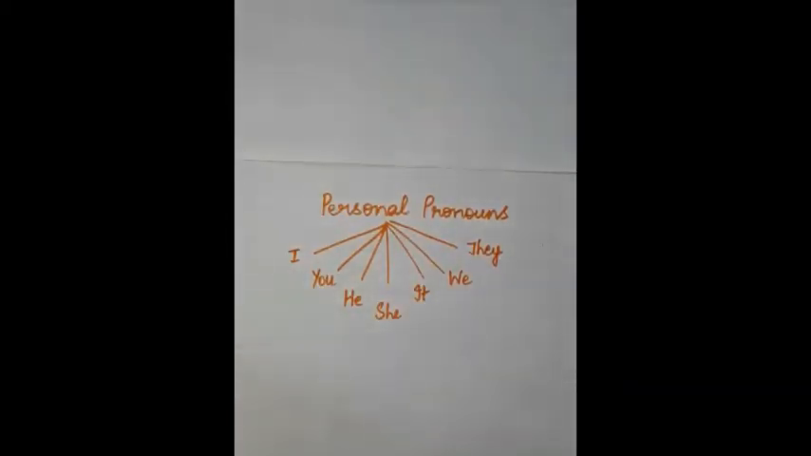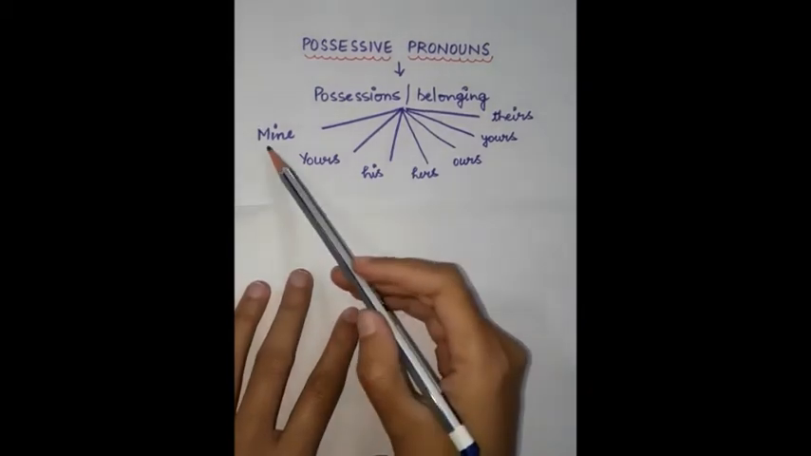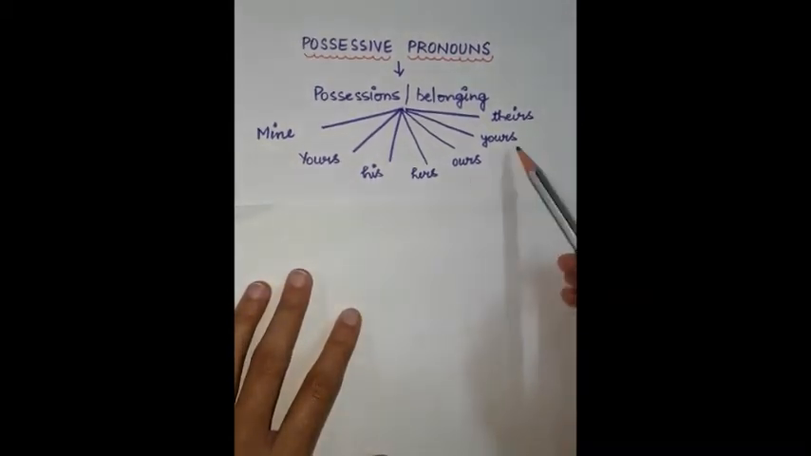So we have personal pronouns. Personal pronouns are used instead of nouns for persons or things. For example, I, you, he, she, it, we, and they. Possessive pronouns show possession or belonging. We use them to show the relationship between people and objects, and they are mine, yours, his, hers, ours, yours,